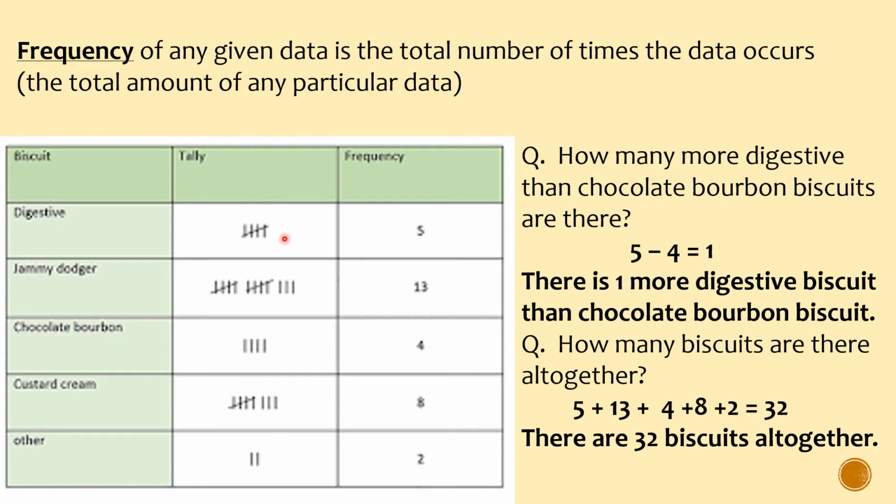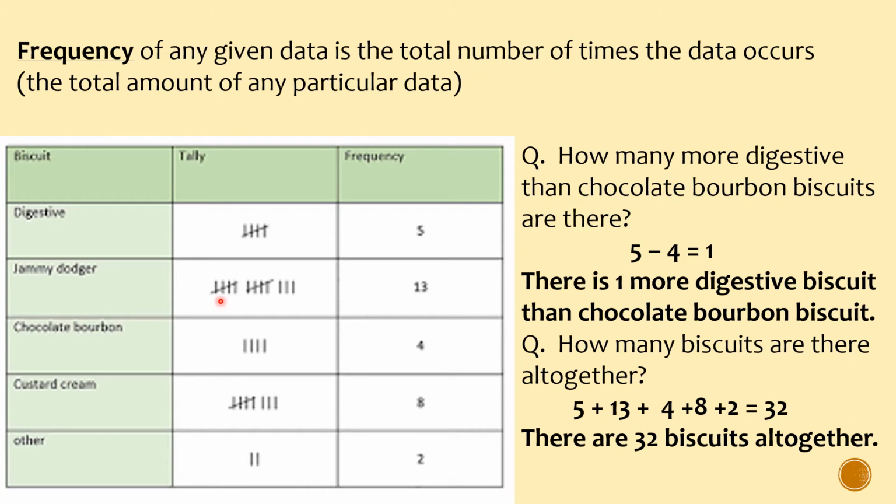Tally, what is tally? We have already learned this in grade 3 as well. How do you count tally? You make these tally by making these long lines. Okay, so you make these long lines 1, 2, 3 and 4. And once you are done with making 4, you cancel them out, and this last slant line is basically one more line, 5. So 1, 2, 3, 4 and 5.